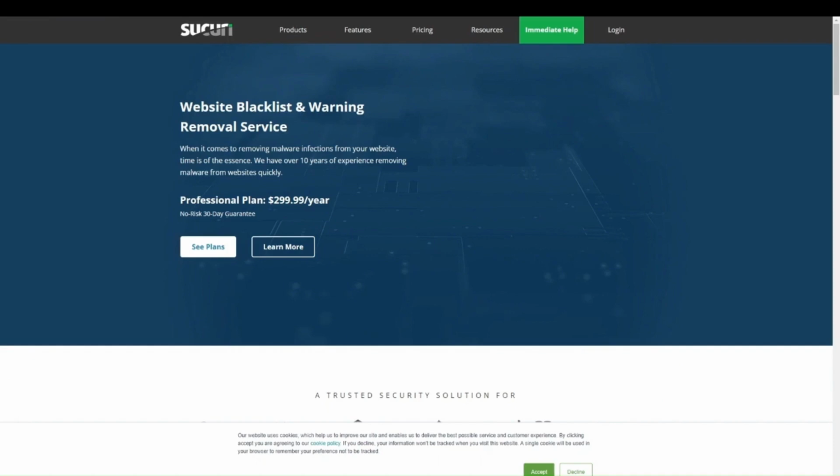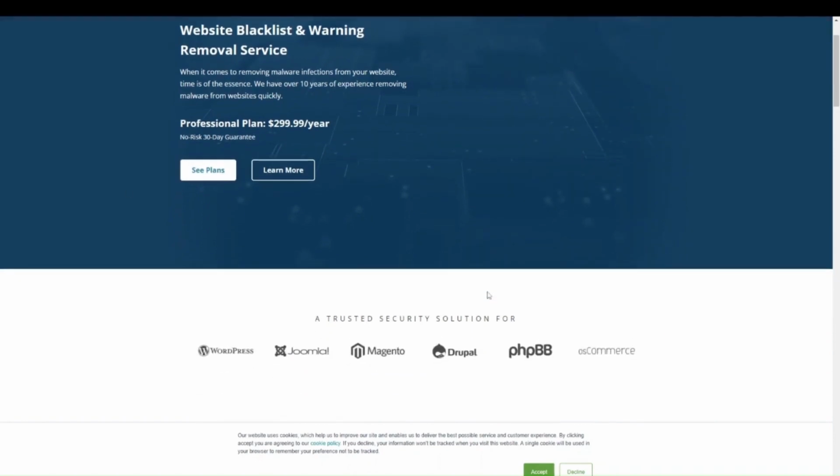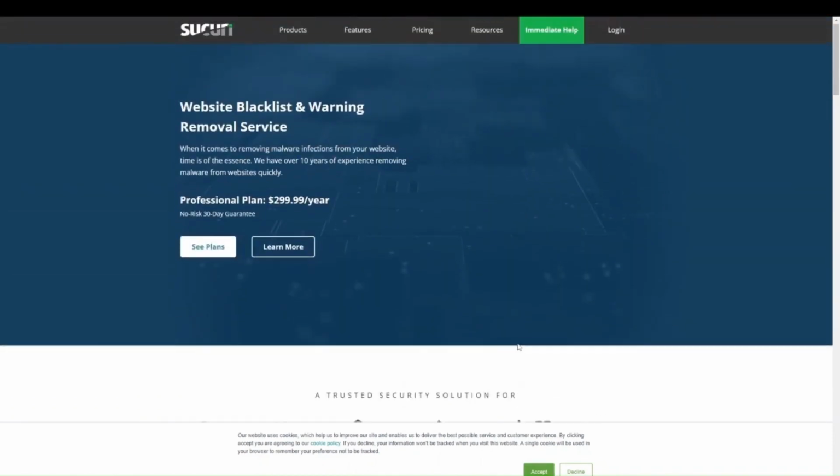So Sucuri is the industry leader in WordPress security. It's one of the best WordPress security plugins on the market, and they offer a basic free security plugin as well to help you harden that WordPress security, and they also scan your site for common threats as well. When it comes to their features, there's a lot,